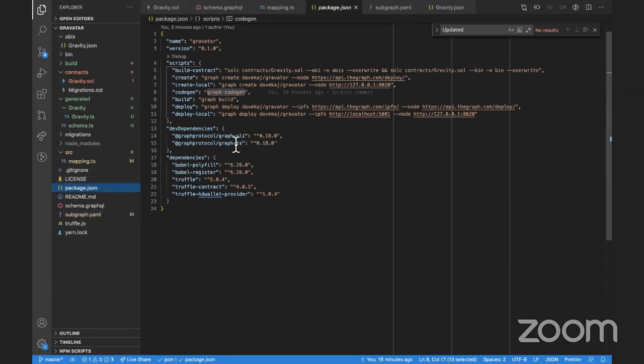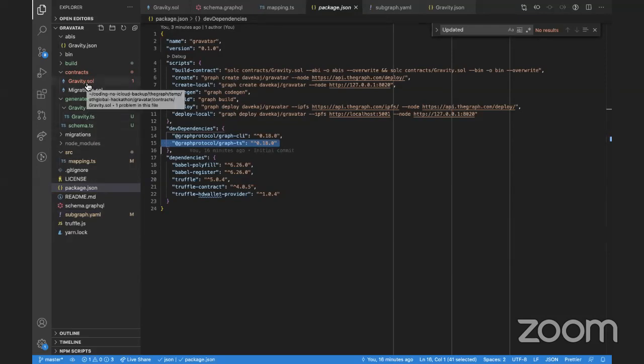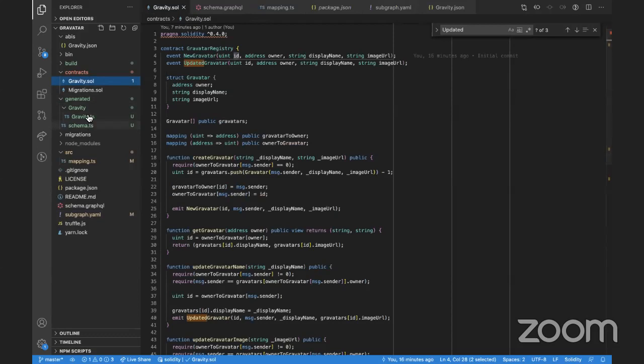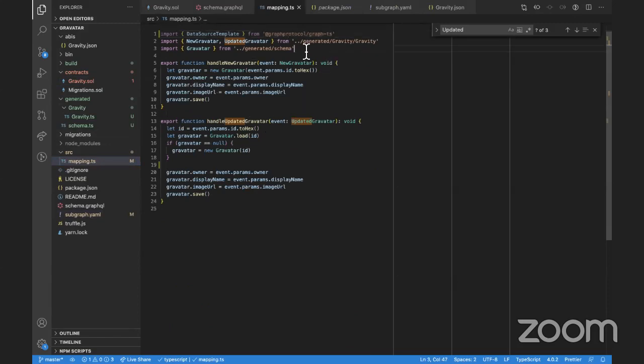So we have this thing called graph-ts, graph TypeScript, and it's automatically imported when you do graph init. It has a logging feature, basically like console.log, for debugging your subgraph file. So here we would go import log, and